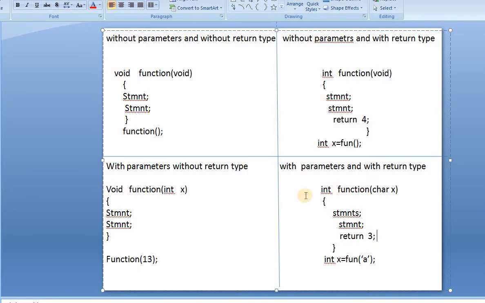You may think that here I'm using two data types, integer and character, but the value I return should be of integer type only because that is my return type. Now I'll tell you how to call this. Here in all the cases we have declared these functions, right?